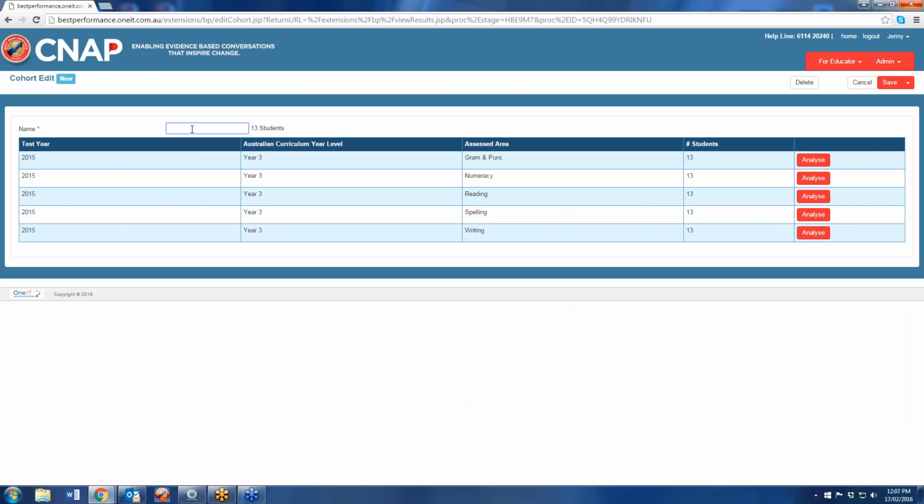I do recommend that you're very specific in labeling the cohort you've created. Why? Because there are some schools that are working off one username and password. What does that mean? It means that every time someone at that particular school saves a cohort, it'll go into a generalized folder. If your school is using individual username and passwords, then that's okay.